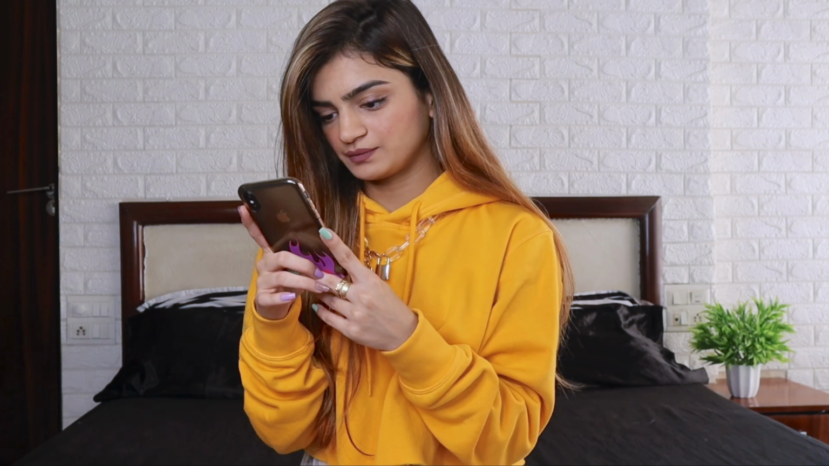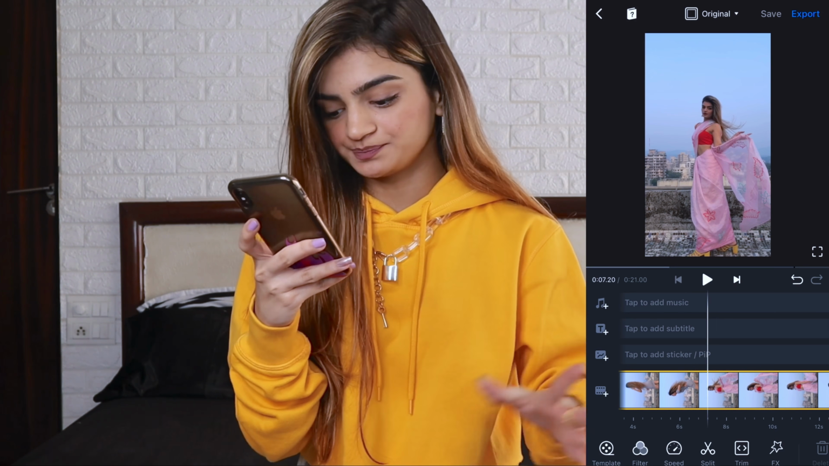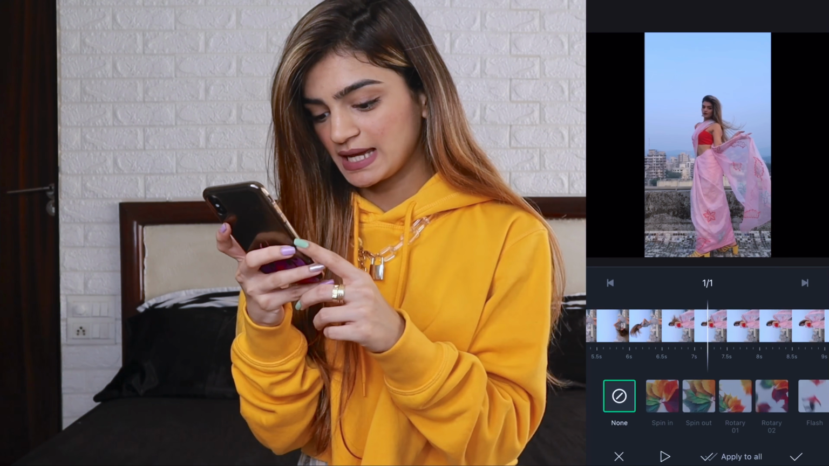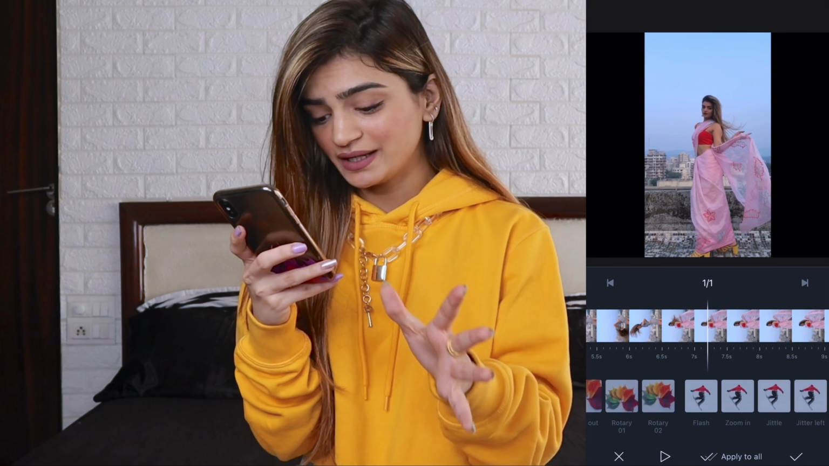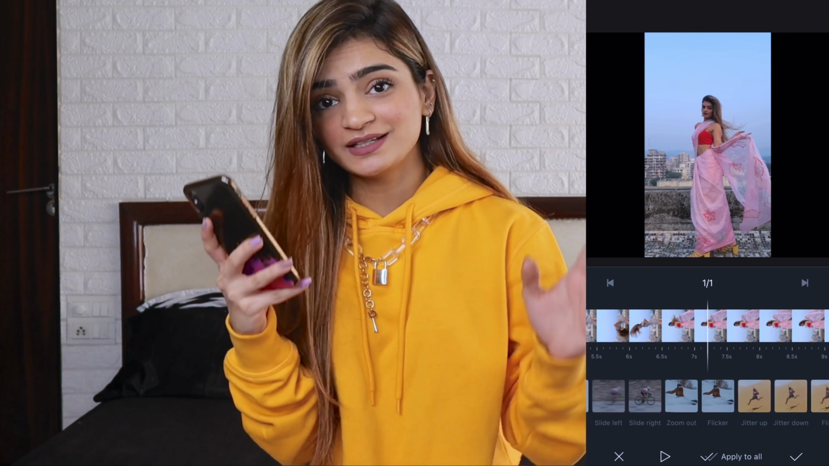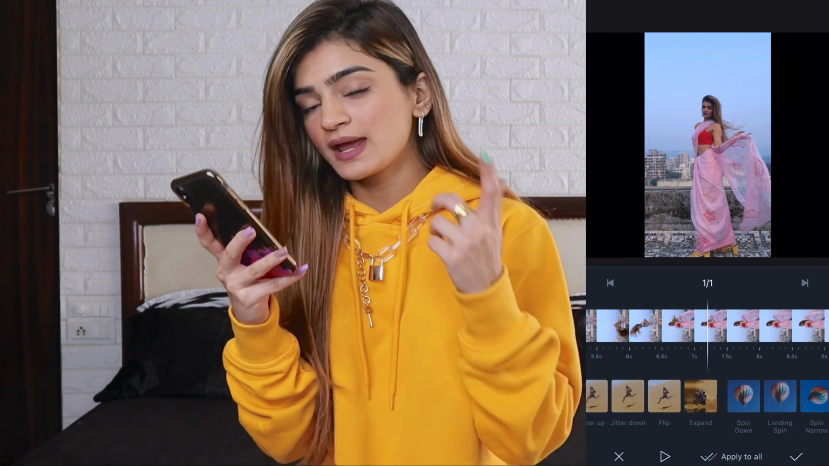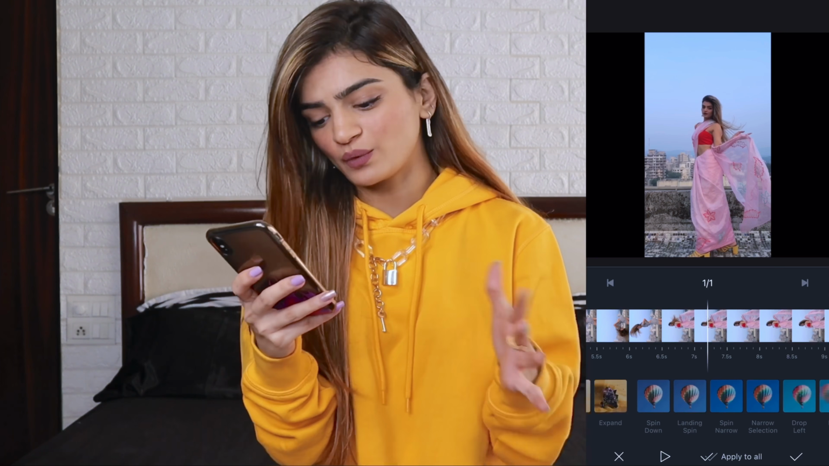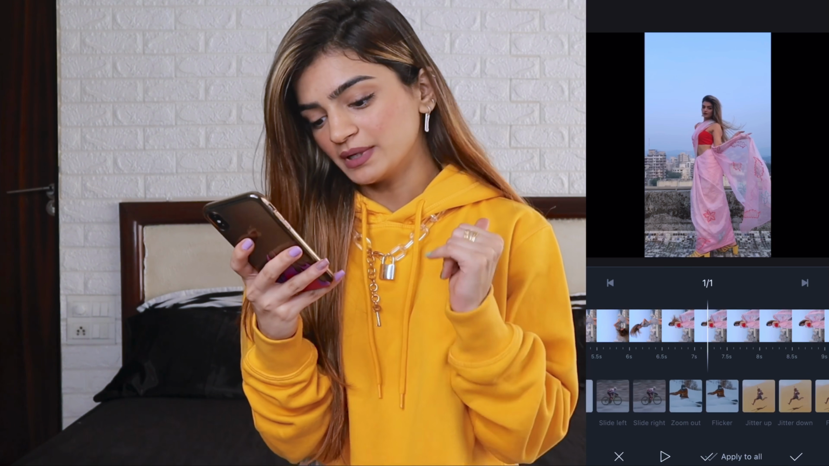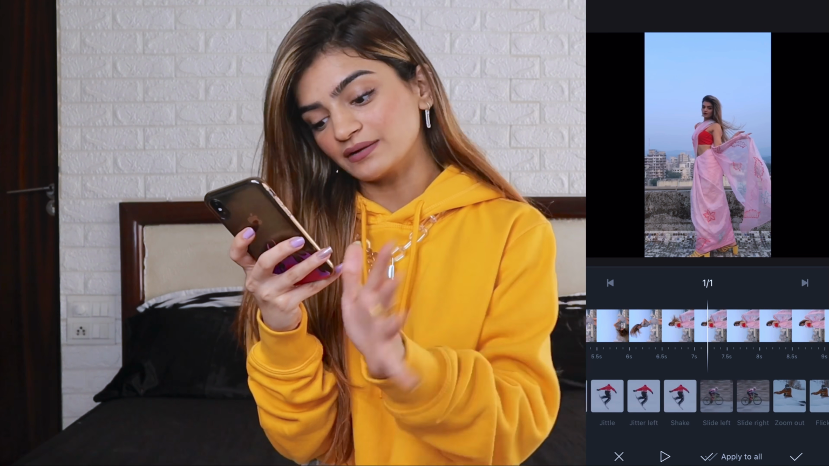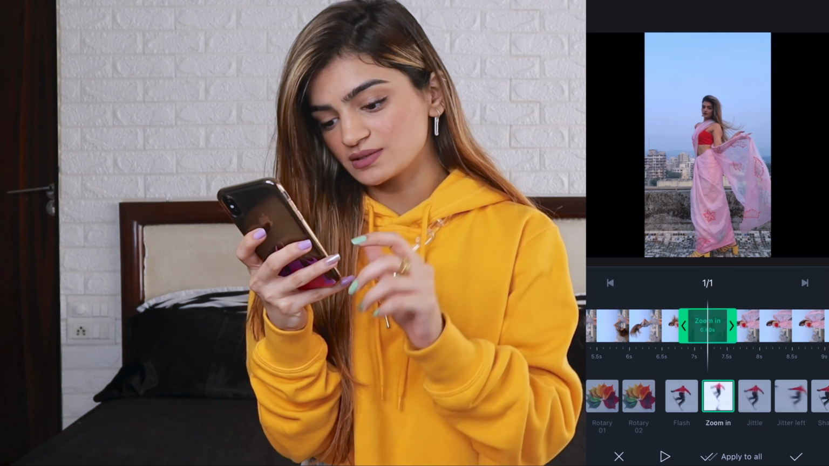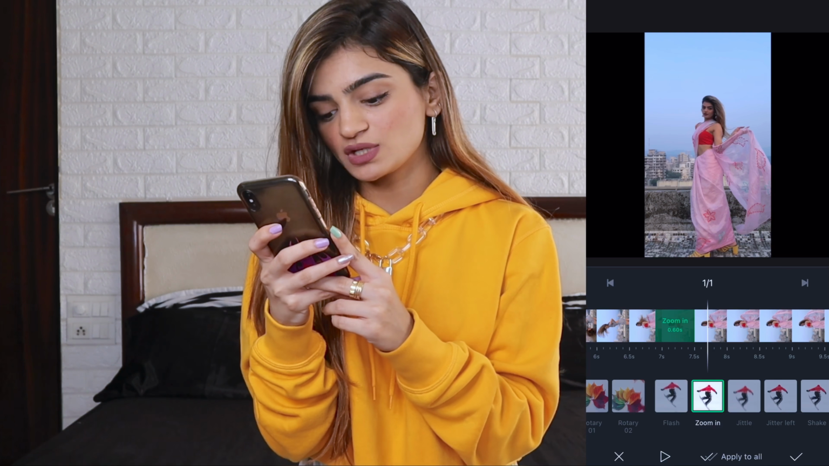And now we're going to go to the VN app. This app is best for transitions. They have really nice effects, so I'll show you guys. For example, if we need an effect here, you just go to effects. There are so many effects in this one and it is free, which I love, because many apps provide these effects but charge for them, but this one is free. So I love this and I always use this for all these effects. So let me just see which one goes with